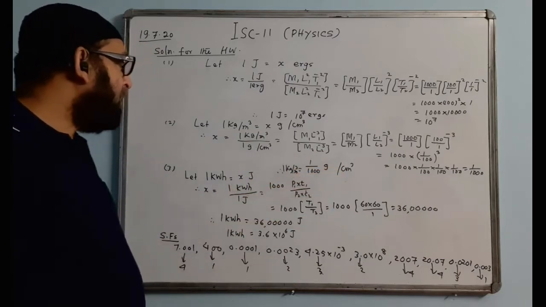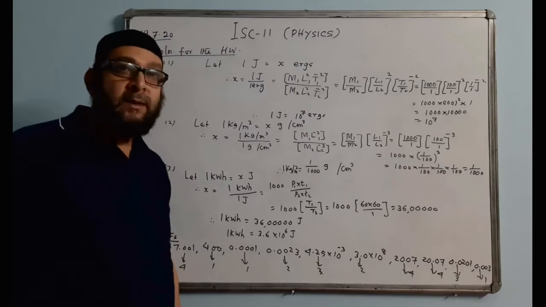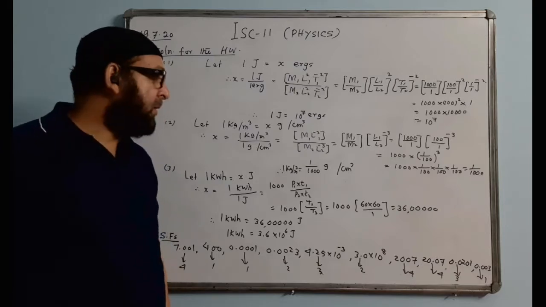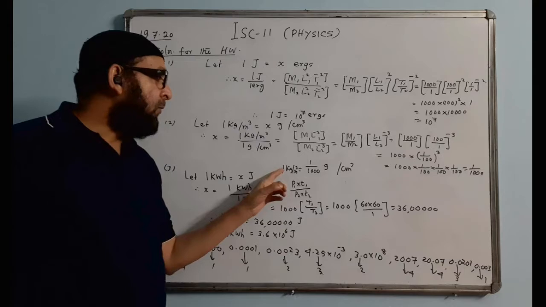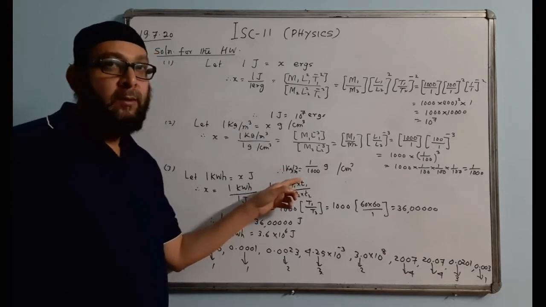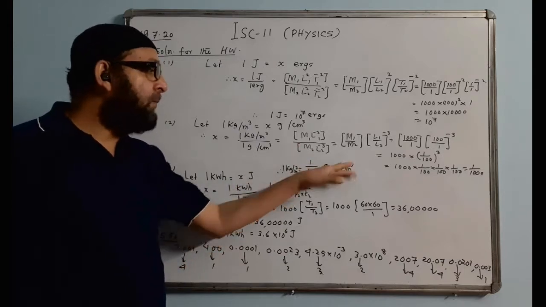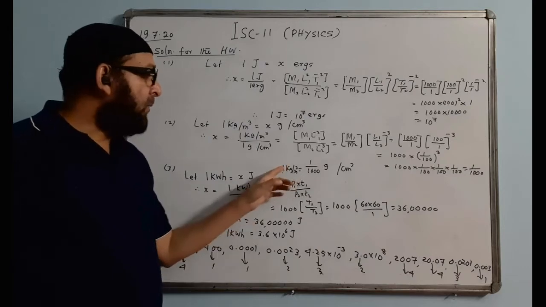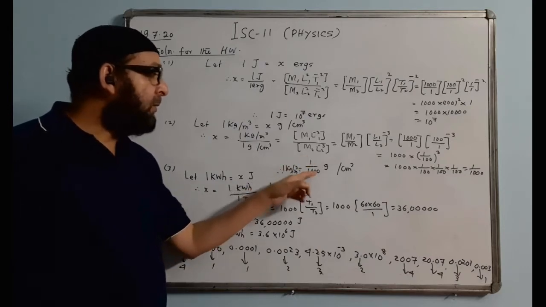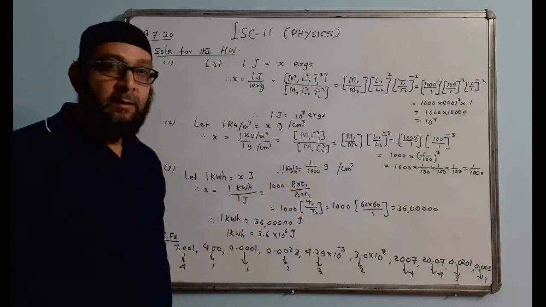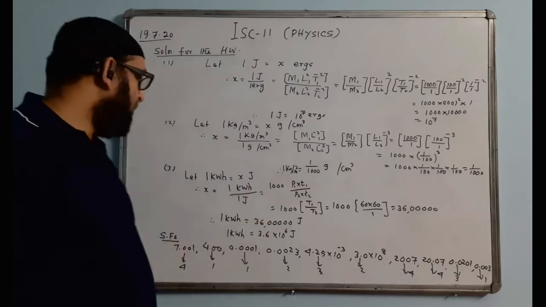One simple example, you know what is the density of pure water? The density of pure water is 1000 kg per meter cube, which is equal to 1 gram per centimeter cube. 1000 upon 1000 cancel, answer is 1. So that way it comes.